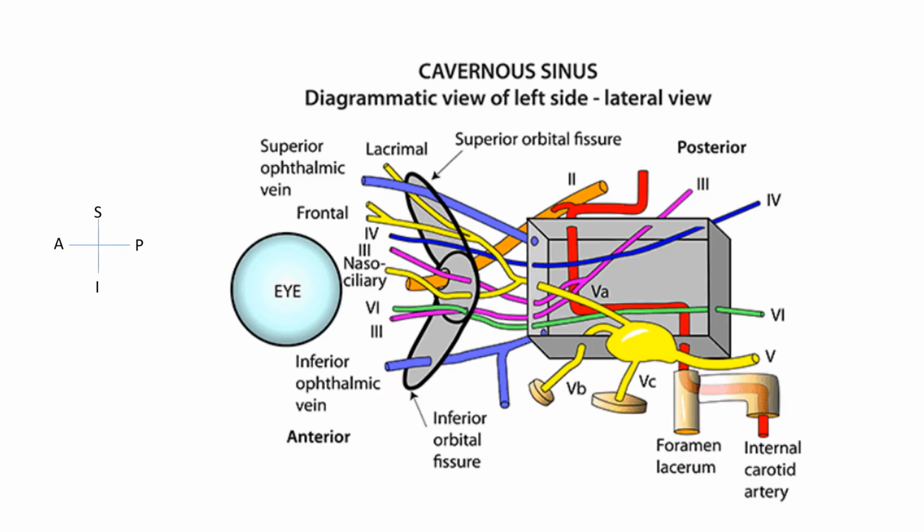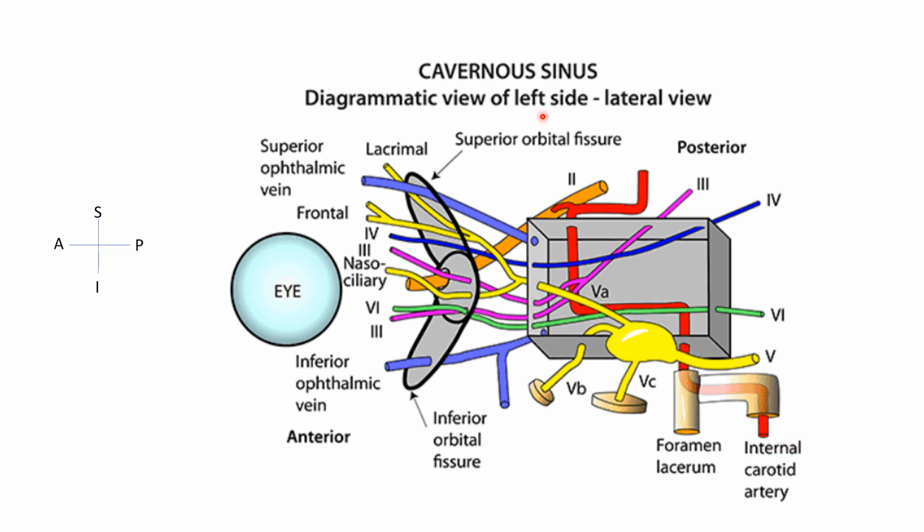Okay, I've taken this picture at the end because when I was recording the cavernous sinus, I didn't get this picture. This is a very nice picture to explain the relations of the cavernous sinus, so I have taken this. I'll repeat the relations fast in this picture. This is the internal carotid artery.